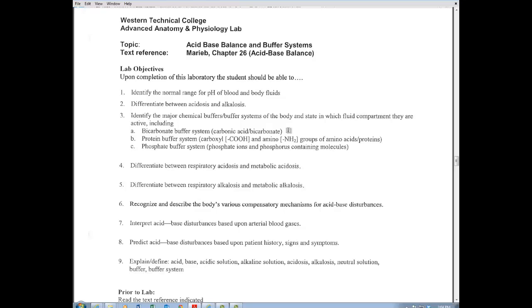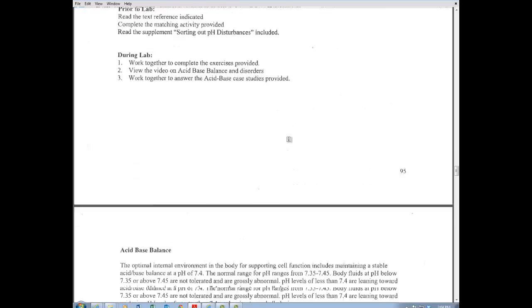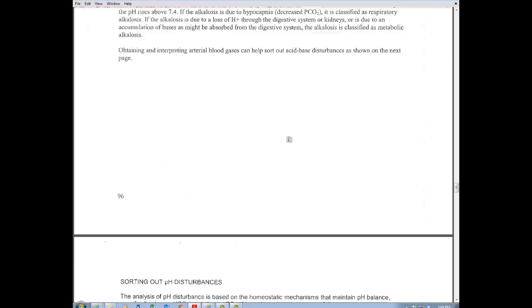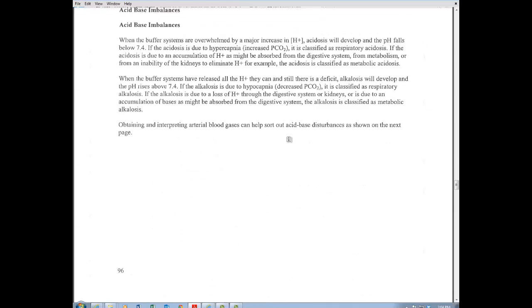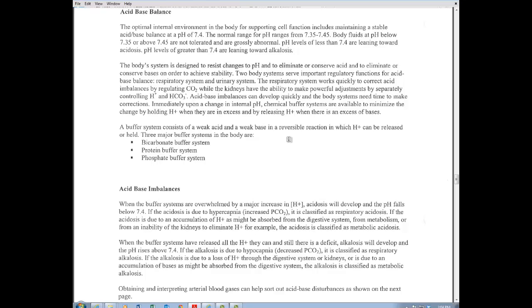The protein buffer system is due to proteins that we find inside of our cells. We also find some protein in the urine that helps with buffering, and that uses the ends of the protein structure, which are a carboxyl group and an amino group. There's a picture, I believe, in your textbook. In your textbook on page 1005, you'll see that if pH gets